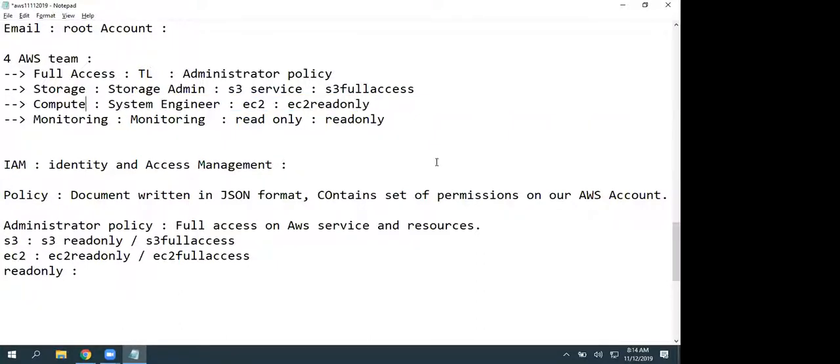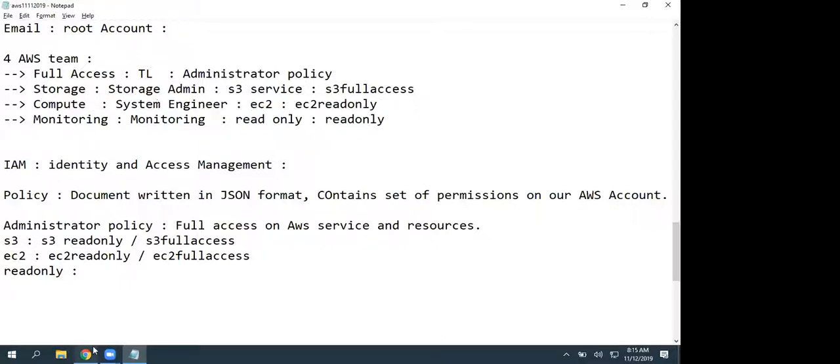Now, multiple users are there. Let's assume on this compute, 5 administrators are going to work. 5 users require the same set of permissions. So instead of applying it on individual users, we can create a group and apply that policy on the group. You can add all the users to the group. Managing users group-wise is easy, right? So we can create a group, apply permissions or policy at group level, then add all the users to that group. I'll show you all these options.